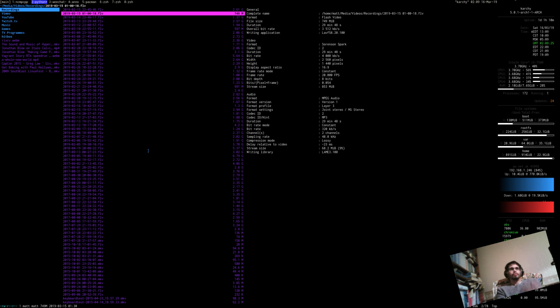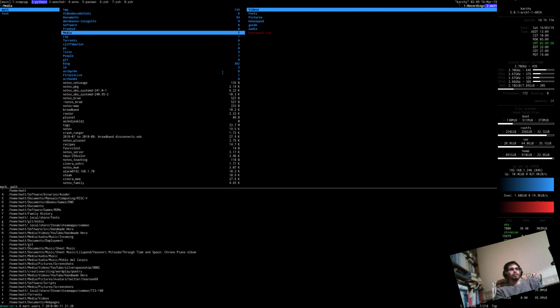Range is really cool. It's just sort of a 3-panel thing, but you can see you've got your parent directory over here, your current directory here, and a little sort of preview window just to show you what this file is all about. It also shows images as well. So it's slightly busted, but if I go to this screenshots directory,